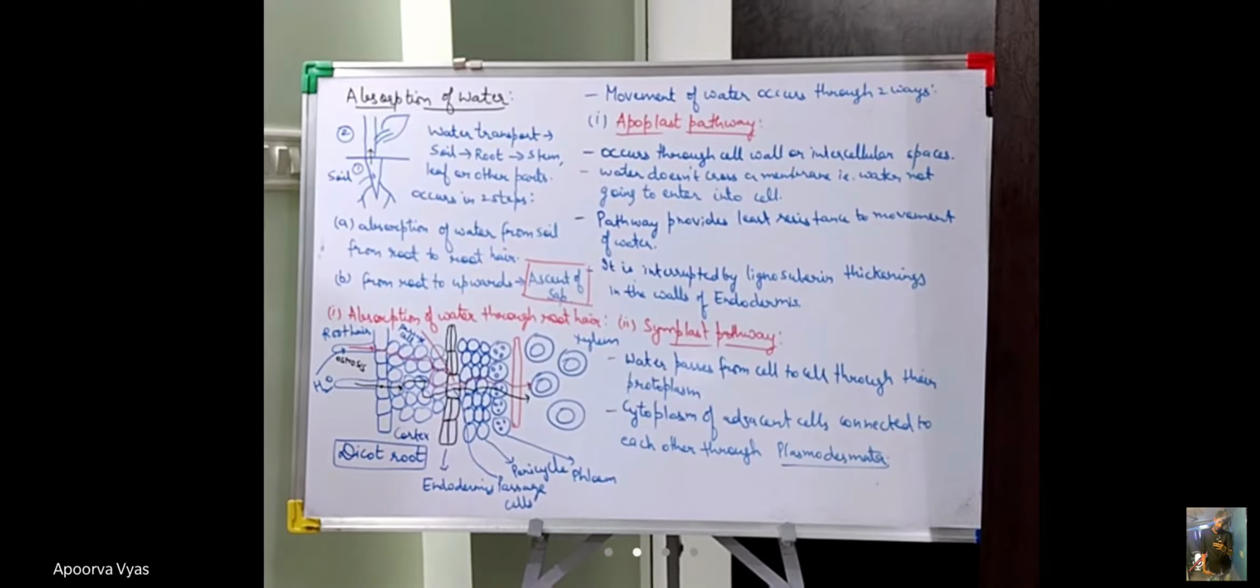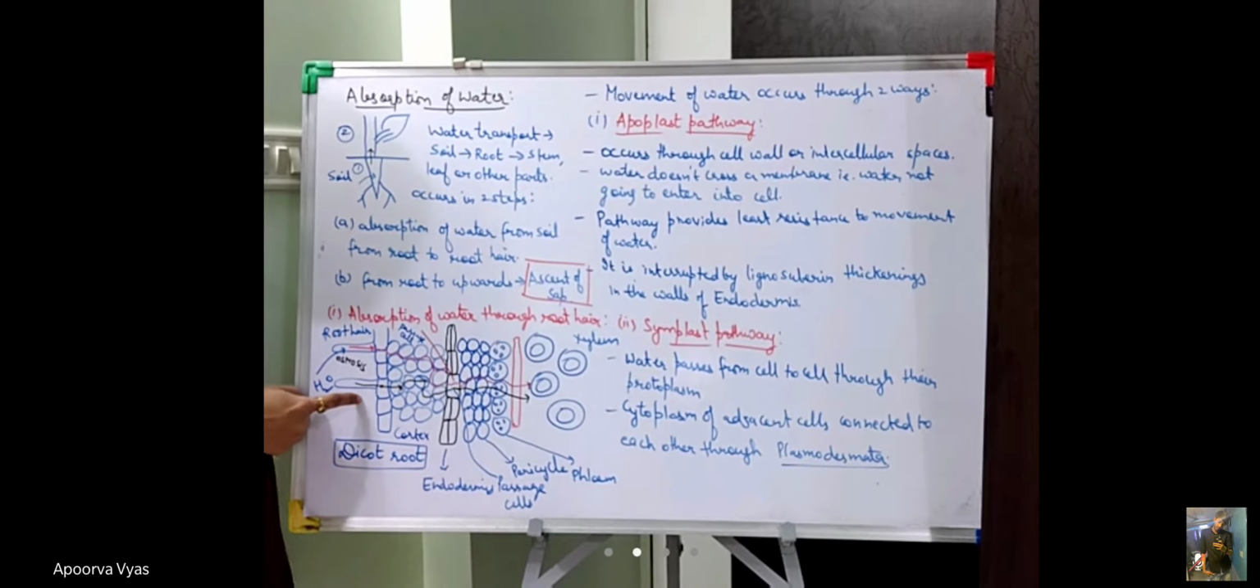So symplast pathway में क्या होगा? The water will not move through the cell wall or the intercellular spaces. The water is directly going to enter into the cells. So the water is going to move through the protoplasm of the cells. ठीक है, तो मतलब कि जैसे ही यहाँ पे से वाटर एंटर करेगा, so water enters through the root hair,